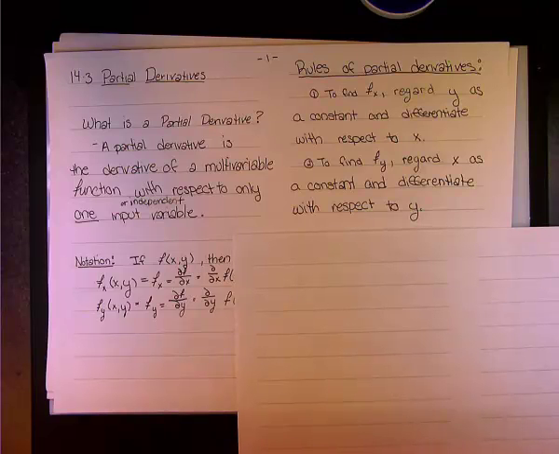Okay, so the rules of taking partial derivatives. Say we want to find the derivative with respect to x of our function f of x, y. We regard y as a constant and differentiate everything else with respect to x. So y is basically the same thing as a 5 or a 2 or a 7 or whatever. That's just that partial derivative. You're also going to take another partial derivative with your other